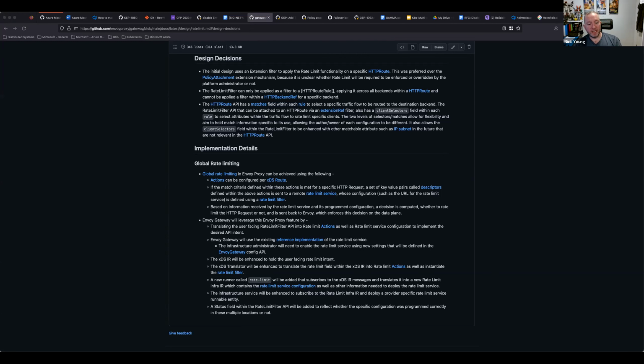The idea here is to get people trying those things out and then to have a couple of examples where we can say, hey, let's look at the commonalities here, and maybe we make Envoy specific ones for all of the people that use Envoy as a data plane, or Nginx ones for people who use Nginx as a data plane, or maybe there is enough commonality that we can make extended policies that are included in Gateway API